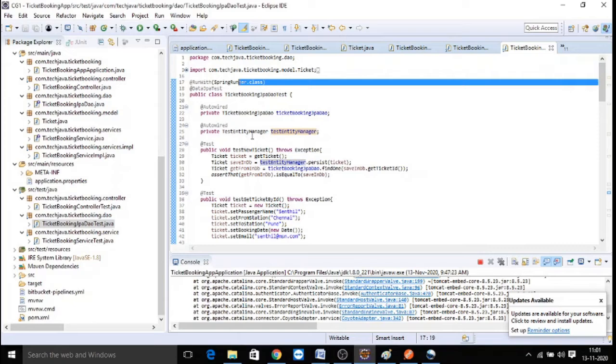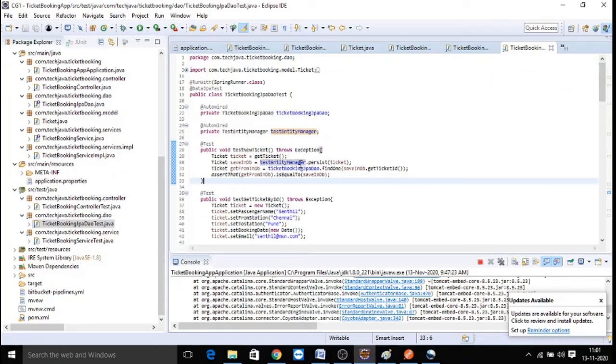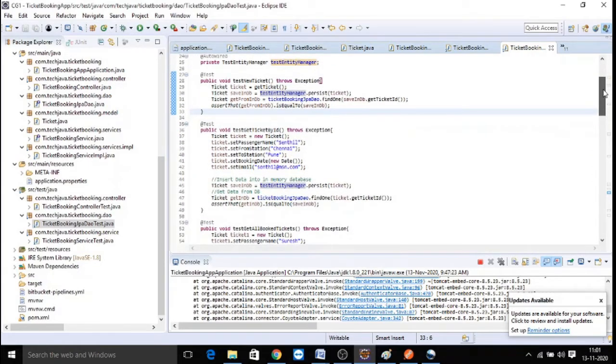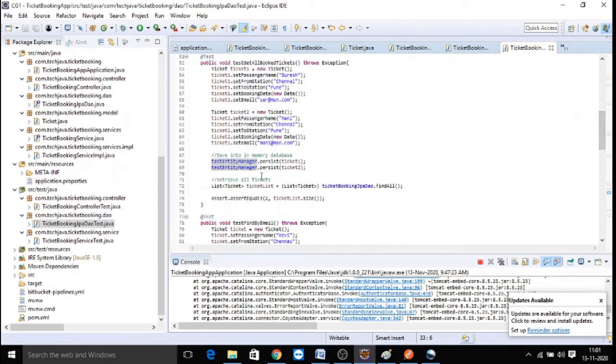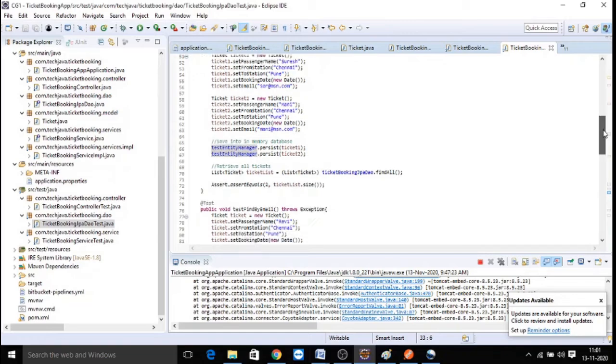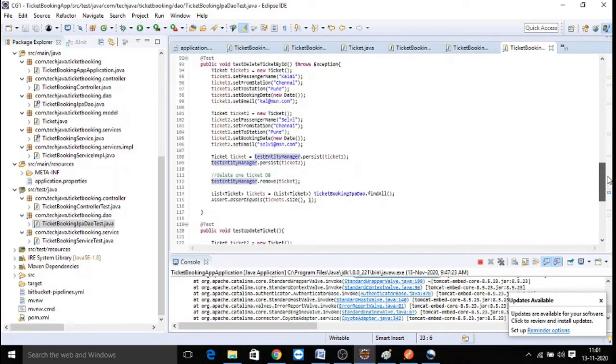So first of all, for every test case method, we make use of the entity manager. We call the method, we get some expected value, and with the actual value, by calling our DAO object, which is the ticket booking DAO connected through your in-memory H2 database, we get the data and map both the values. If it is matching, your test case is passed, otherwise failed. Similarly, for all the remaining methods, persist method, and then get methods, get all methods, update method, remove method, you can write the test cases.